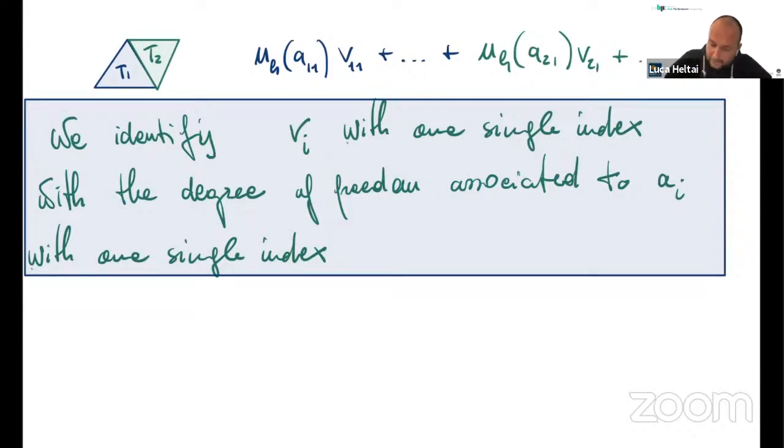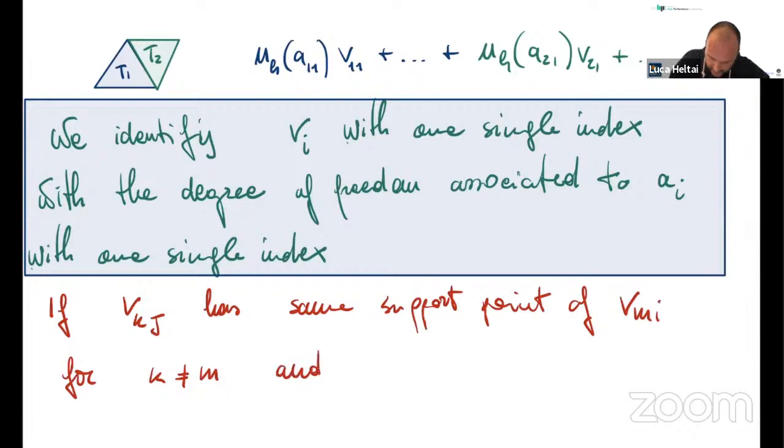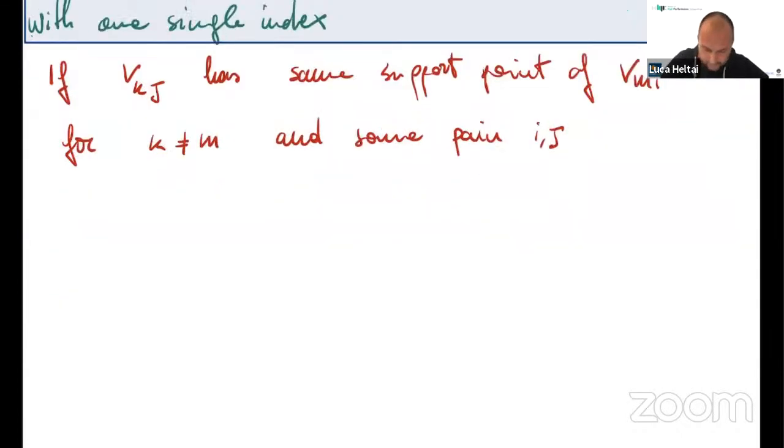So in particular, if v_kj has the same support point of v_mi for k different from m, i can be equal to j, it doesn't matter, for some pair ij, then